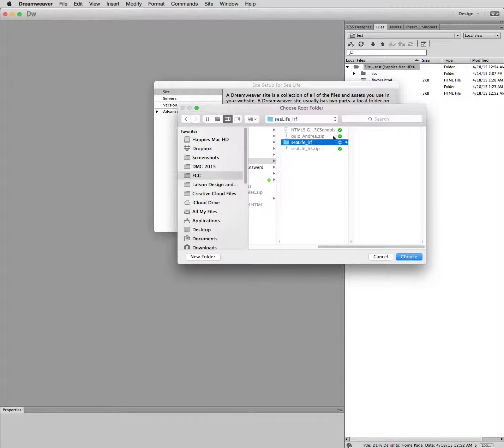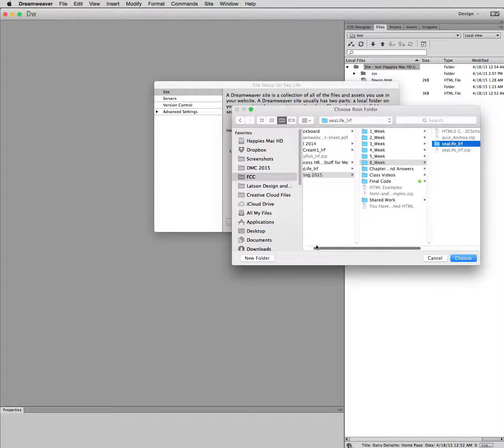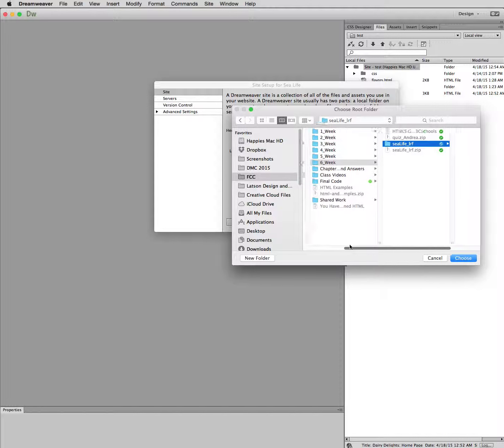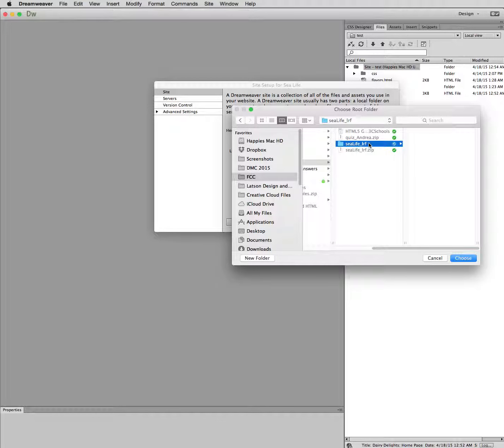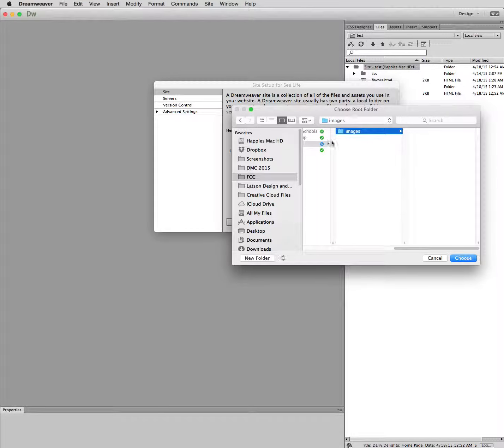Once I have this, I have my local root folder created. I'm going to choose 2 more folders that I want. I want to make sure, you know what, scratch that, because I think I have a folder set up, because when I went for, I sure do. Okay, but anyway, just in case, just to show you how to do this is a good practice anyway. So SeaLife LRF, inside of here, I would do New Folder, and I would type images, and then I would choose create, and then I would choose